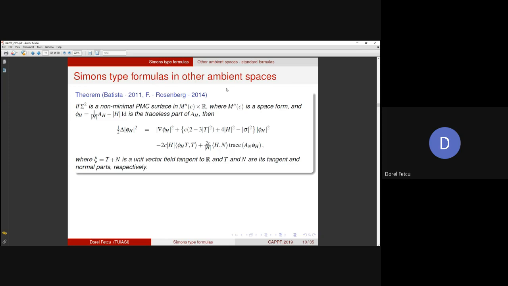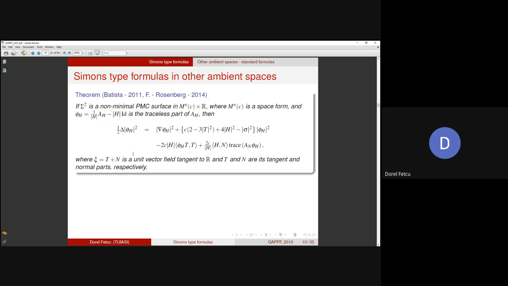So if sigma is a non-minimal PMC surface in a product space, and we consider the traceless part of the shape operator in the direction of the mean curvature vector field, we have this formula for the Laplacian of the squared norm of this traceless part of A,